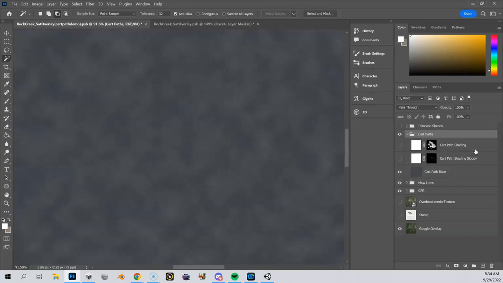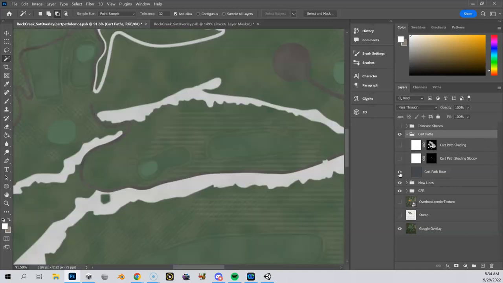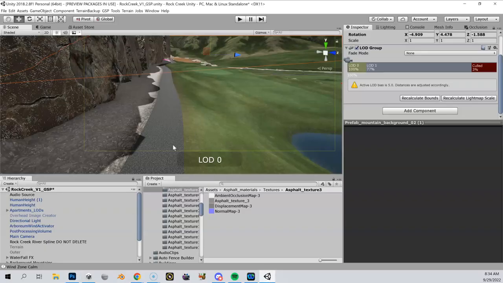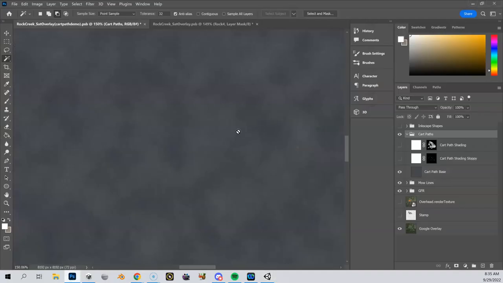Don't worry about these two layers yet. There's just some testing I was doing for this tutorial. So you can see when I turn that on, it is very similar to the material, this right here, that I'm using inside of Unity. Actually what I did is I took this texture, just like I did for my rock layer earlier in the tutorial, into Photoshop. I did a couple samples of it. I did cloud, I did noise, filtered it, and came up with this grainy gray and black texture that's going to be the base GFR for my